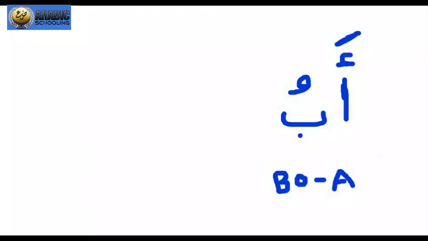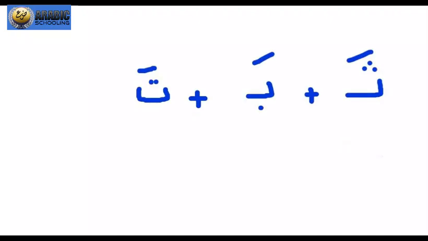If you say them together from right to left, it will be abu. Let's have another example and see how the other letters like ba and ta and tha look like in the word. We will come from right to left. Don't start from left. The first one on the right, it is the tha letter with a,